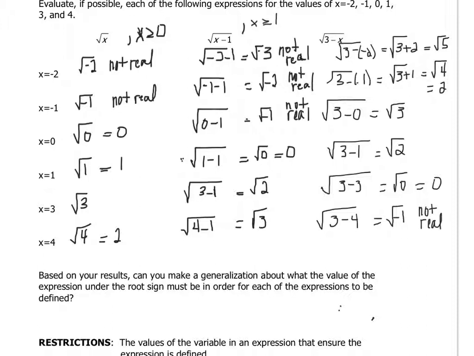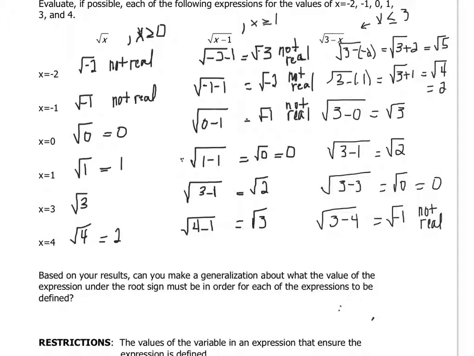So if we examine those values, it seems like anything less than or equal to 3 works, and anything that's bigger than 3 doesn't work. So to define this expression, we would say that x would have to be less than or equal to 3